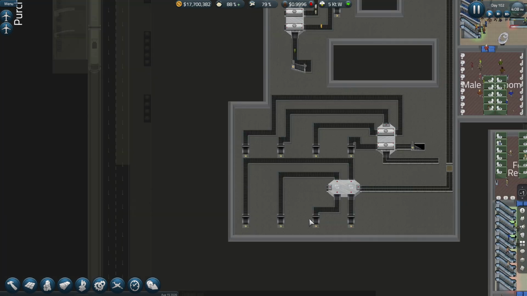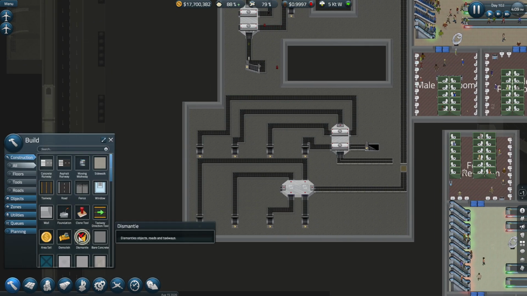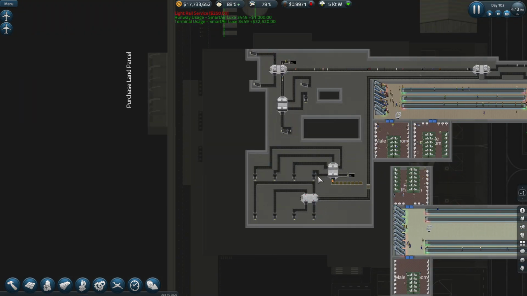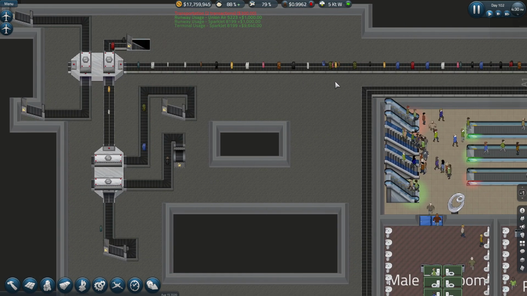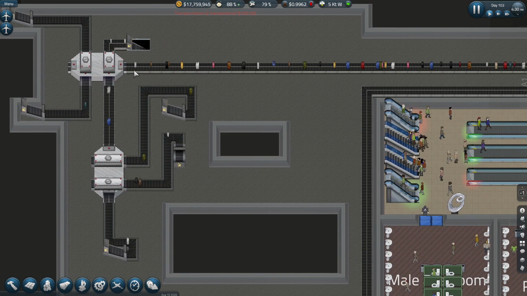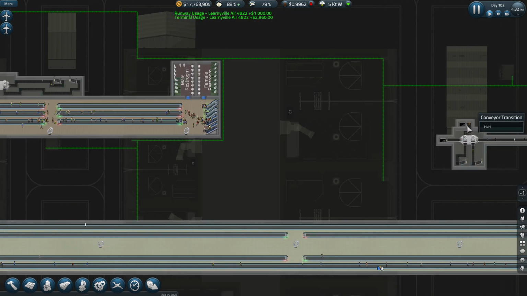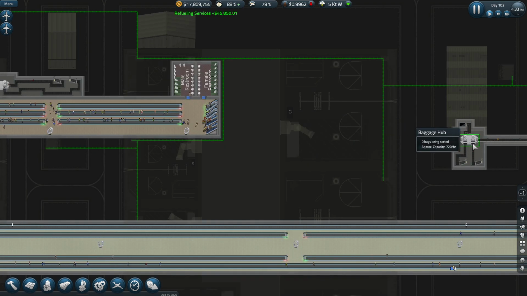Let's go underground and just see if it works. I could probably dismantle this now as well. Don't need that there. Okay, any flights arriving? We've got some... Oh, what's going on here? Why are the bags going up here? Oh, look at that. So these bags are actually going a long way round. They're going all the way up here. Up to here. To, I think...